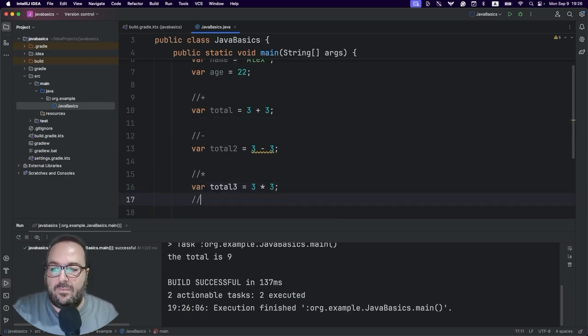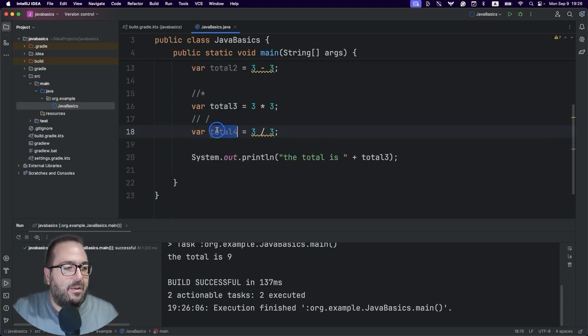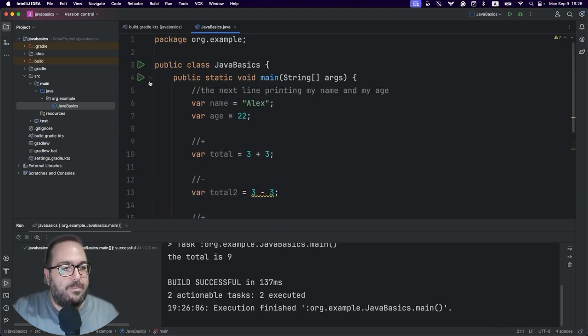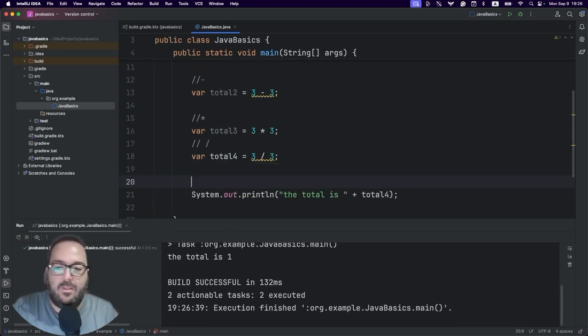Next one, division. Var total 4 is 3 divided by 3. If we use total 4 in the output and run this, we're getting the total is 1, because 3 divided by 3 is 1.